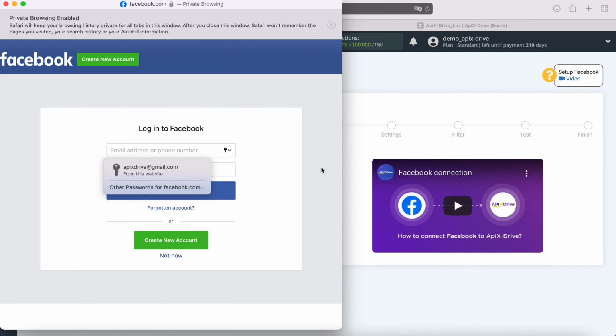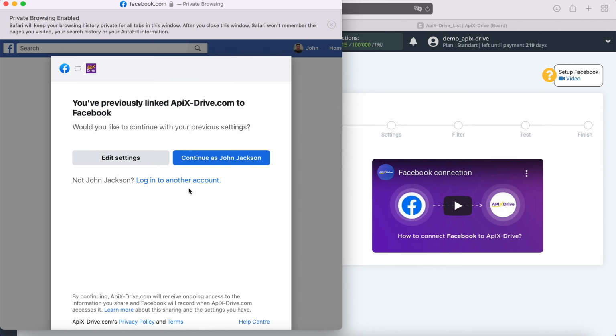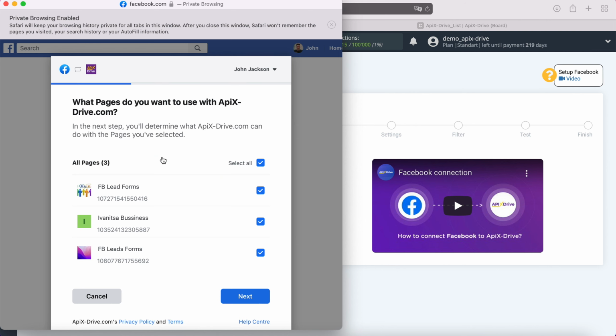In this window we need to specify the username and password of the Facebook personal account. Then go to Advanced Settings. At this stage, you see the advertising pages to which you have access. The advertising pages for which you want to receive leads must be ticked. I recommend marking all advertising pages at once at this stage in order to be able to work with them